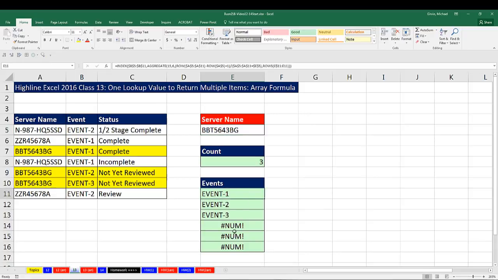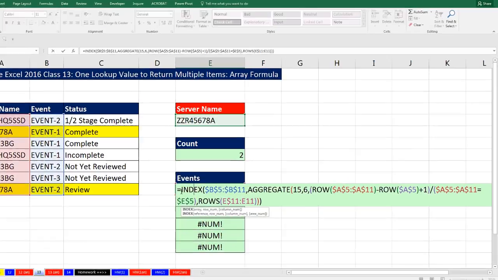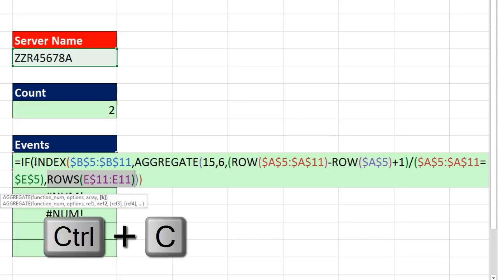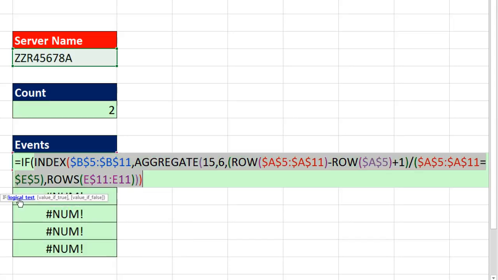Now to deal with the num, I'm going to notice I counted up here. So as I go down, when it gets past, in this data set, row 3, then I want to show nothing down here. I want to only run the formula up here. When this automatically changes to 2, then I want the index to run here, but I want to show nothing all the way down. So that's easy enough. We can use the if function. And watch this. I'm going to come to the end, click on K, Control C, because in my logical test